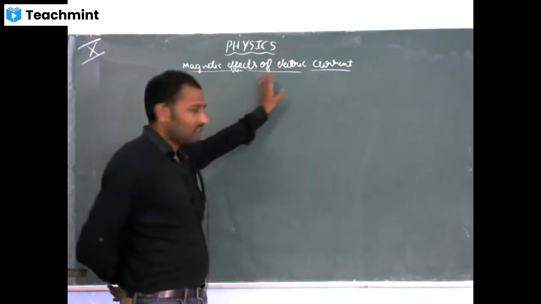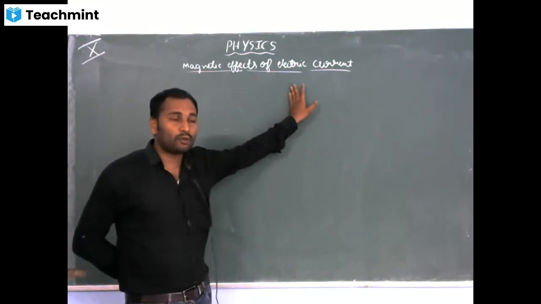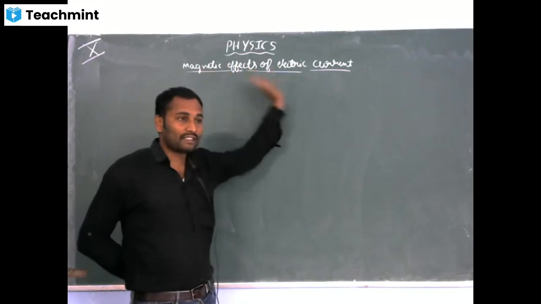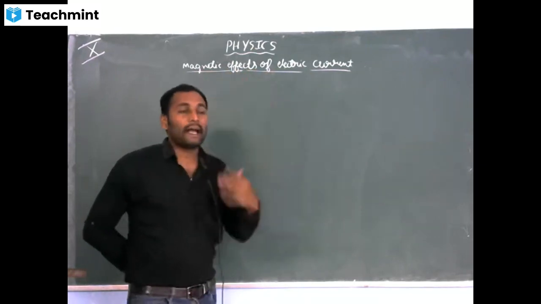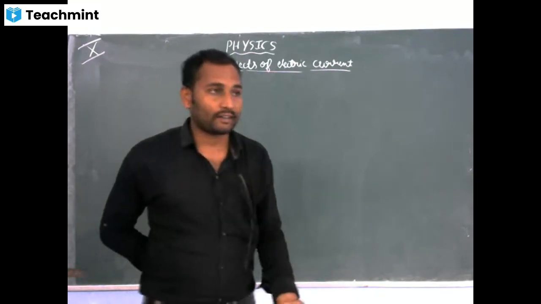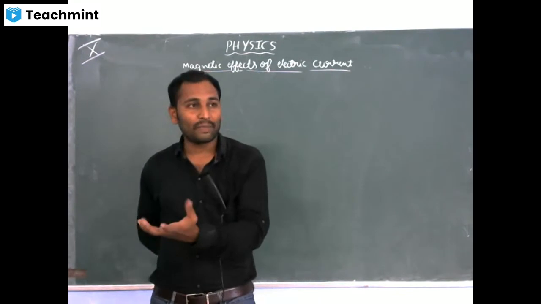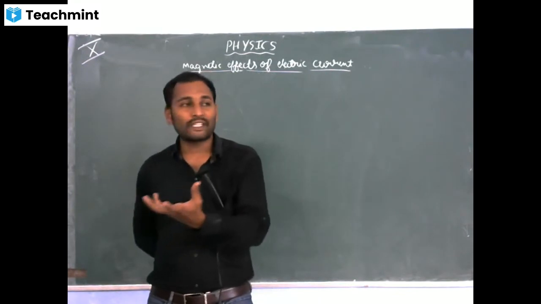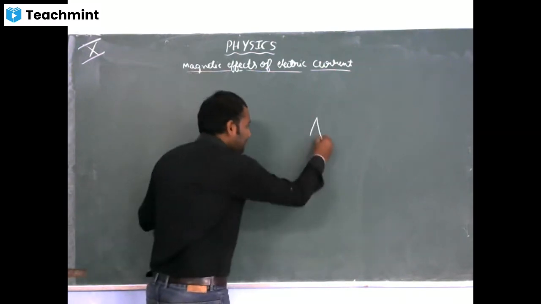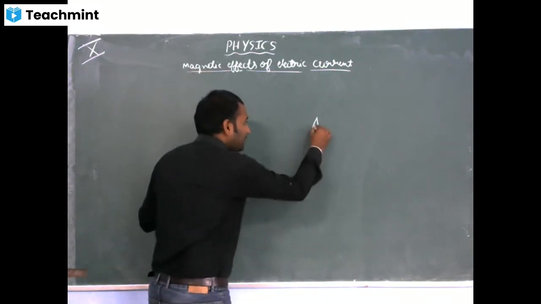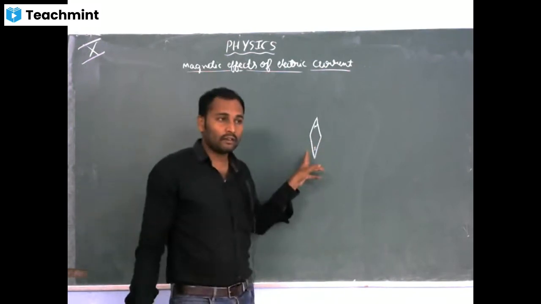First, the scientist Oersted: how did he find out that electric current is responsible for magnetic effect? Accidentally he came across a wire, and beside that wire there was a compass needle. You know a compass needle? A compass needle is also a small bar magnet. One side it has north, one side it has south.